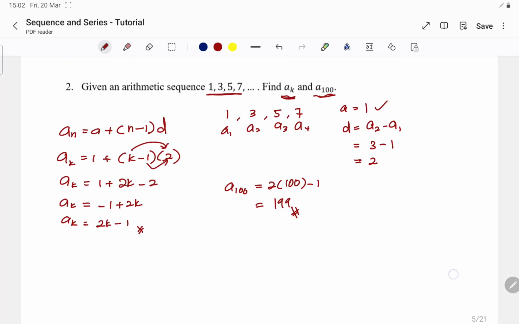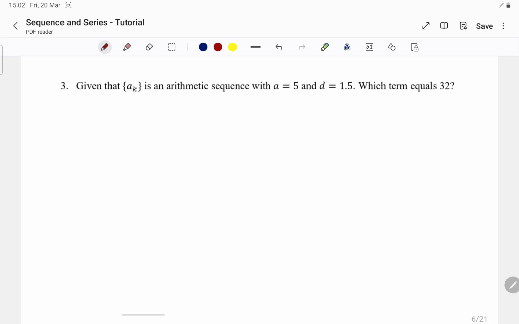Okay, we proceed to question 3, where we are given that AK is an arithmetic sequence. We have the information already: arithmetic sequence, A is equal to 5, D is equal to 1.5, which term equals 32. Now, when we have this question, we have to extract all of the information that we have, which is AK is an arithmetic sequence, A is equal to 5, D is equal to 1.5. They also tell us which term is equal to